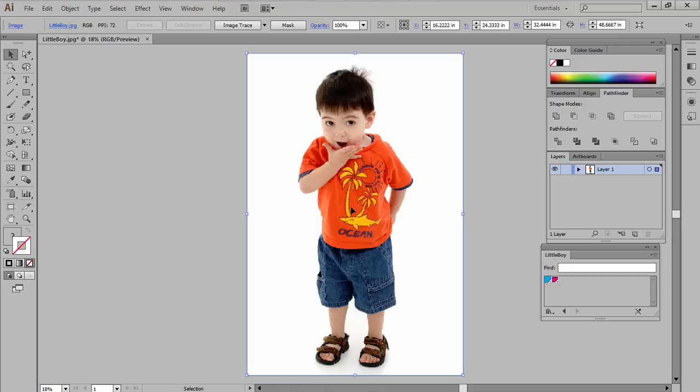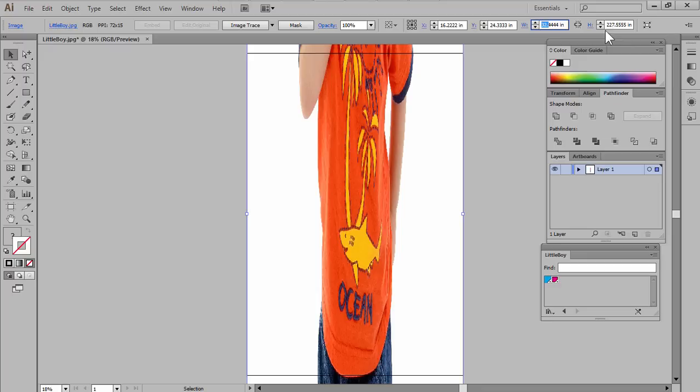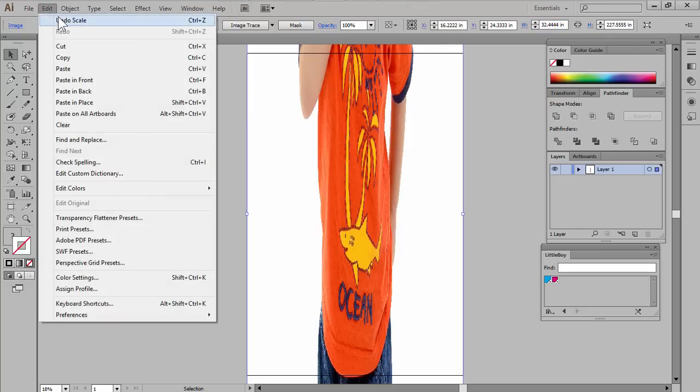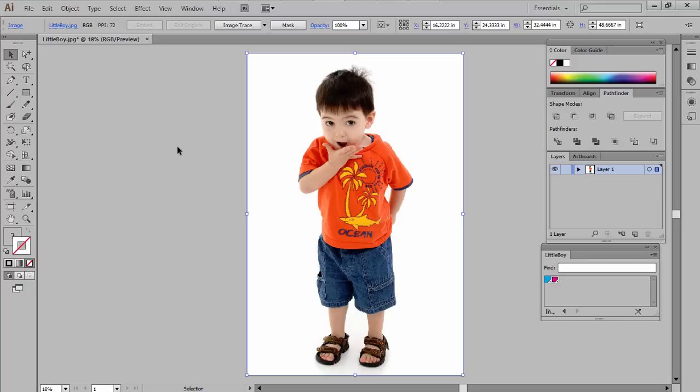Now, I just want to demonstrate something here real quick. Let's say I needed this 600 inches tall for some reason, right? I'm going to go over here and say 600 and watch what happens. I'm limited to 227 inches, which is about 18 feet or so, 19 feet. I can't go any higher than that. So I'm kind of stuck here, right? So let's undo that. My point is that I just wanted to make sure you could see there are limitations